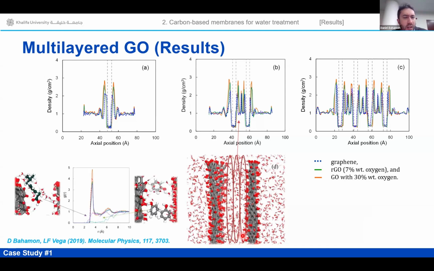And you can also explore what is the influence, due to the radial distribution functions, you might see what is the interaction between the different oxygenated groups and the different species. For instance, in this case, I don't think it's too clear, but actually the graphene oxide with the highest oxygen content will have a higher interaction with the different species, with different molecules.